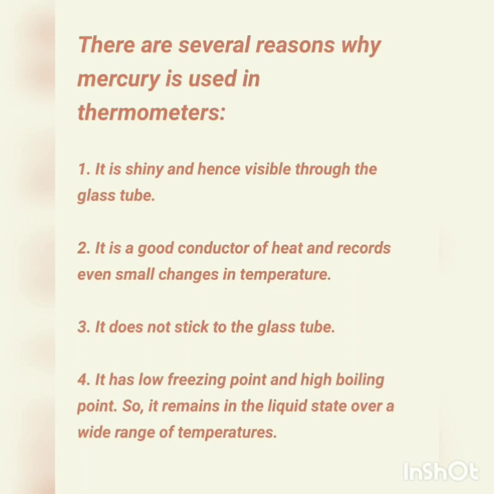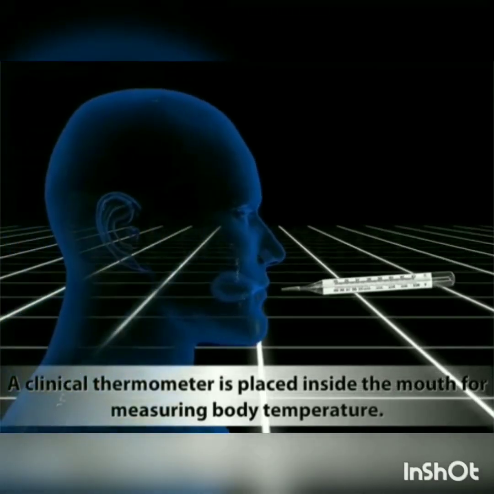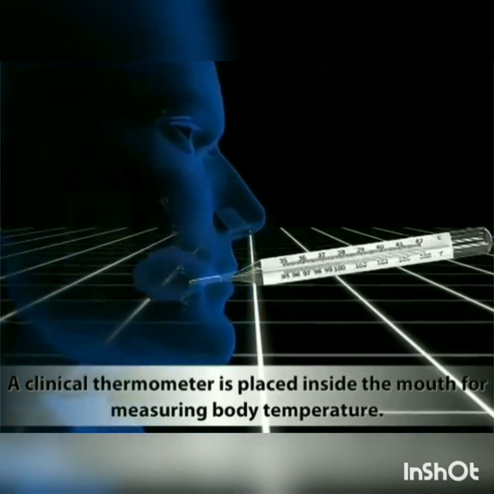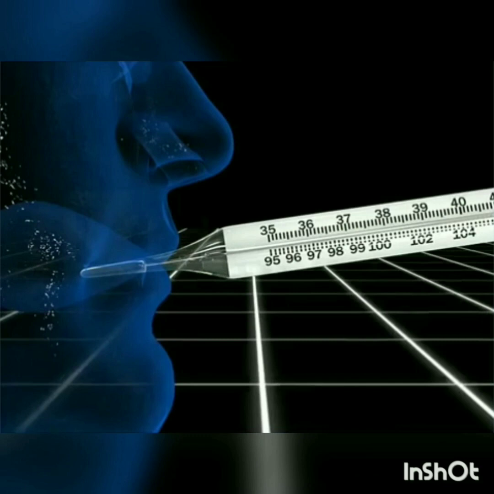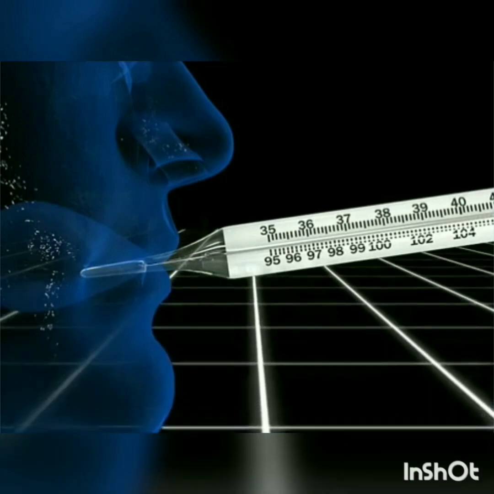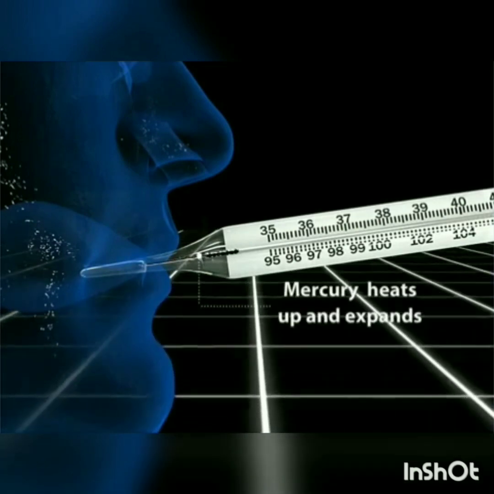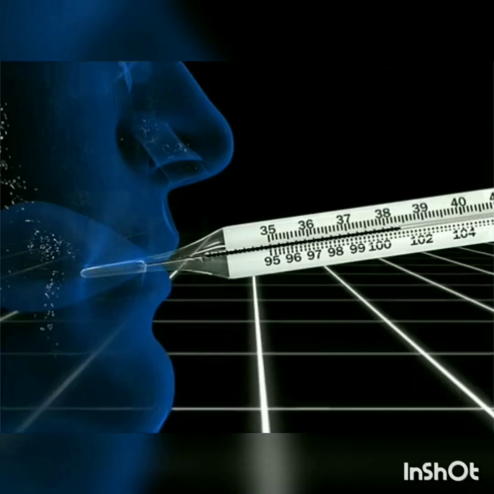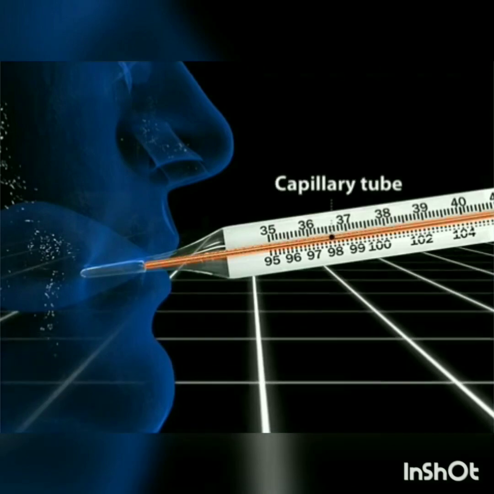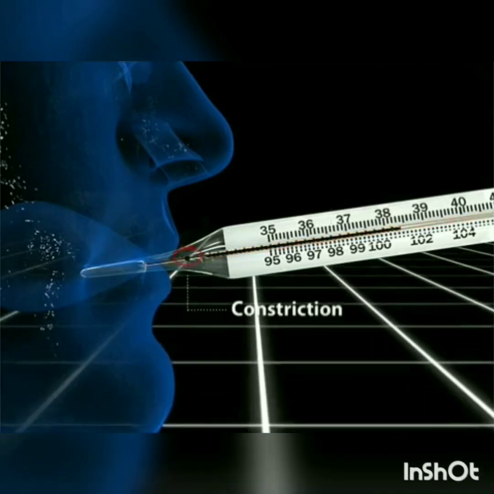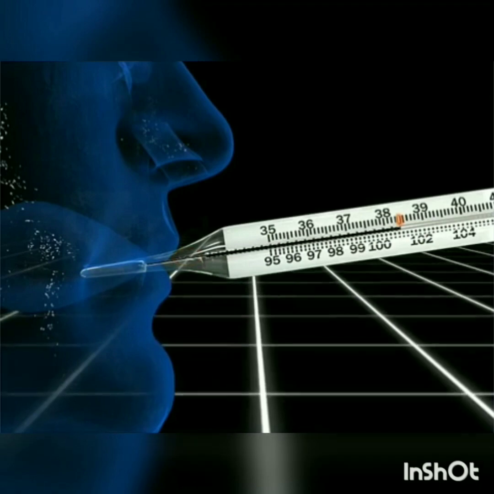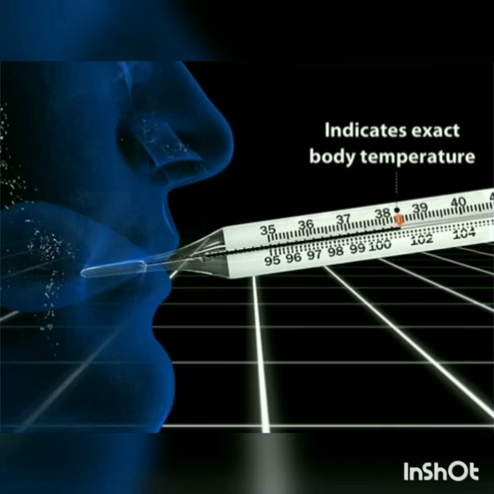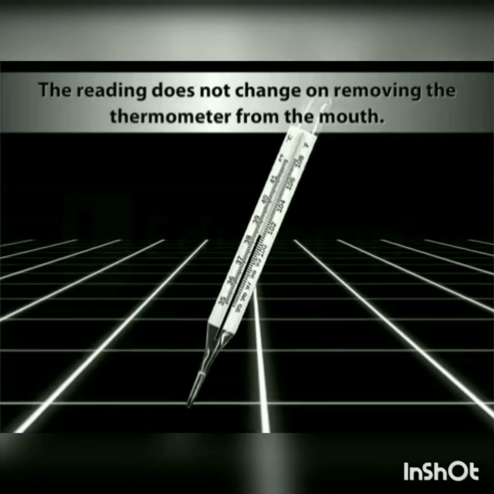A clinical thermometer is usually placed inside the mouth under the tongue for measuring body temperature. Because of the body heat, the mercury inside the bulb heats up and expands and rises up in the capillary tube to show the body temperature. The new level to which mercury rises indicates the exact body temperature. You may be wondering: